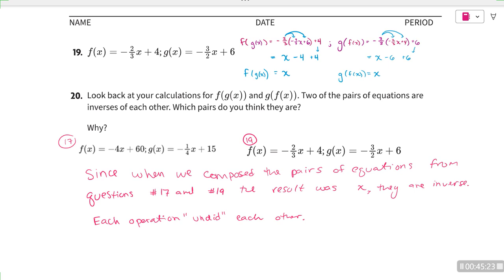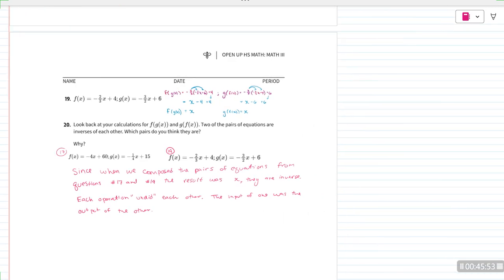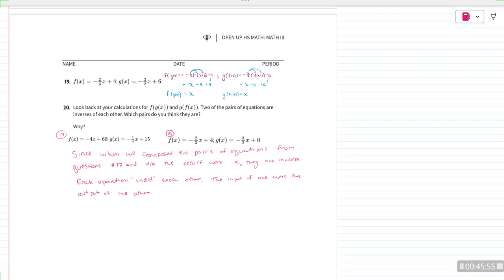It undoes everything. So what's left is whatever we inputted in the first place. That means the input of one was the output of the other. So when we switch that input and output, they don't change. All right, and we'll leave it at that. So hopefully that video was helpful, and